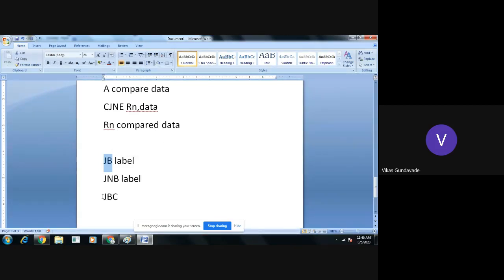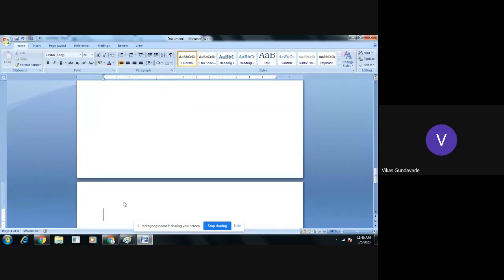But in this instruction JBC, if the bit is set, the jump will take place, but while taking the jump, the bit will get cleared. So these all are the conditional jump instructions. Okay, everyone got it?